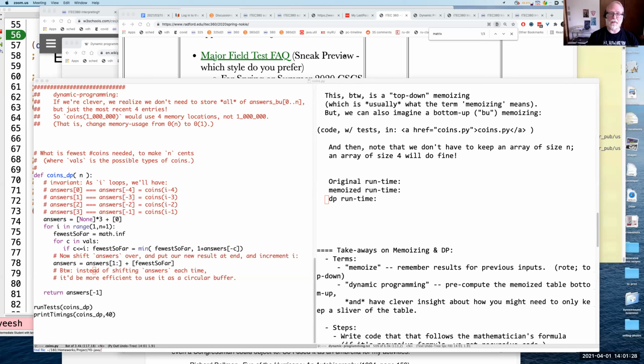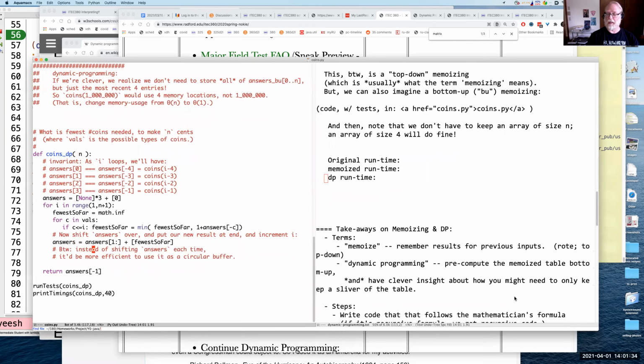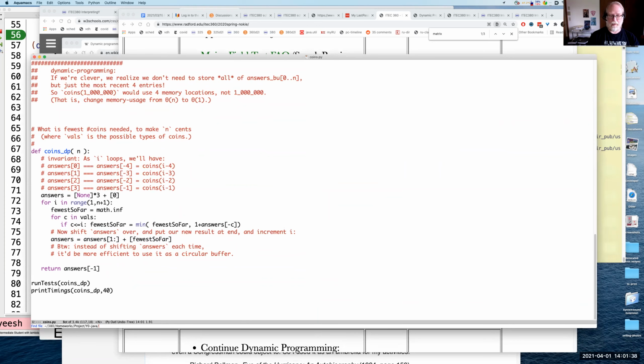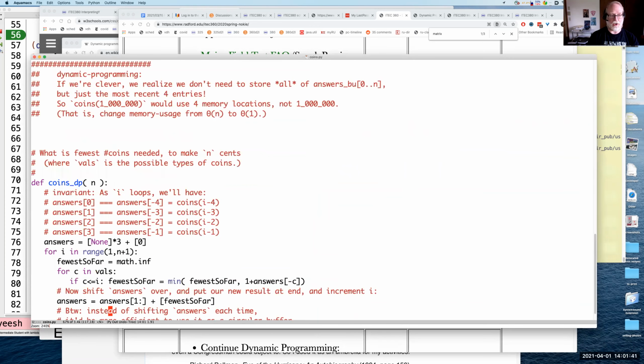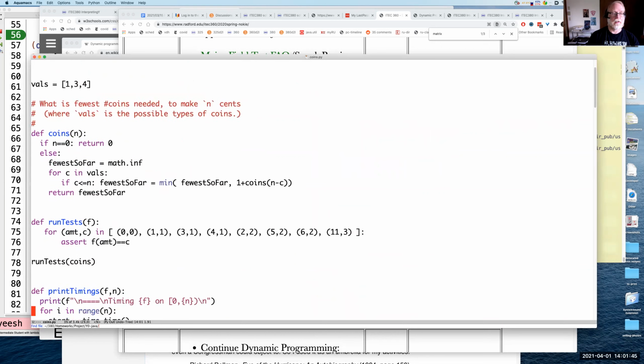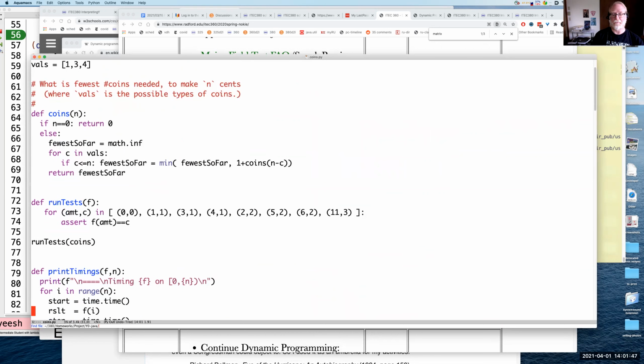Dynamic programming is what we've been talking about. And I think we've been using the example of making change with coins. So, okay, just to get us swapped back in,